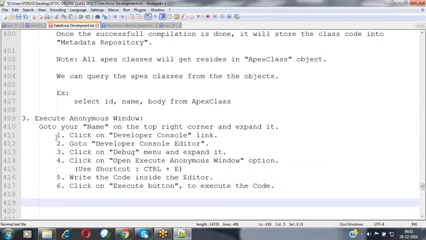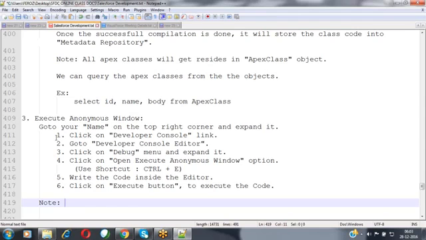But here the problem is, whatever code you have written and executed from this execute anonymous window will not be saved into the metadata repository. In the previous two options, the standard navigation and the Developer Console, whatever code you have written will be compiled and saved into the metadata repository.